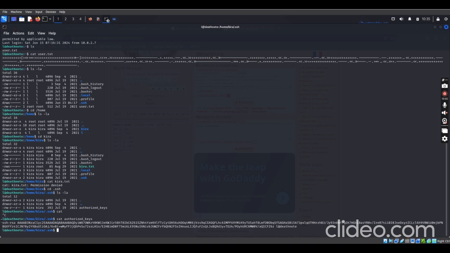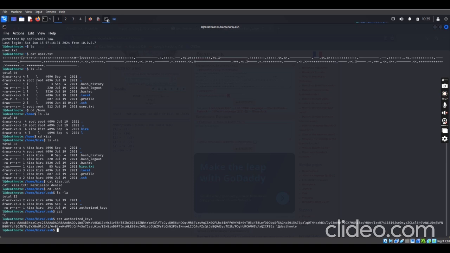So since we don't have the password for Kira, we only have the password for L, which was found by brute forcing. So we don't have the password for Kira, but we have this particular file. Like I said, you can use this authorized key file to log in, or your password. If you don't have the password of a user but you have the authorized key of that user, you can use it to log in as that user.